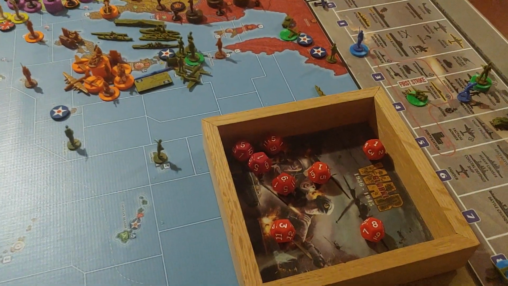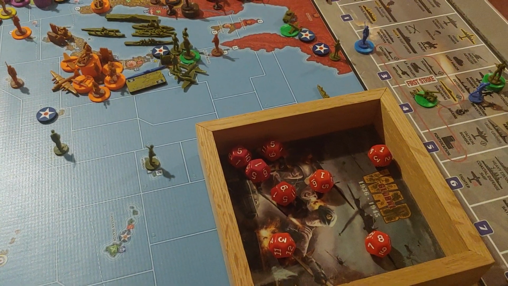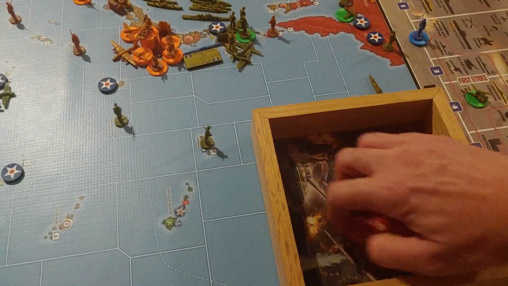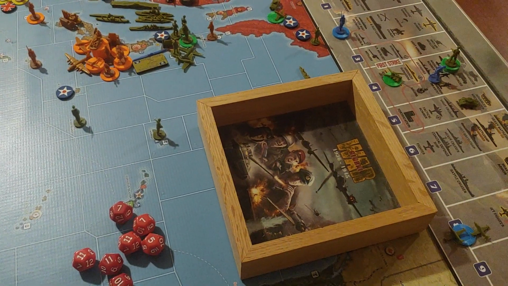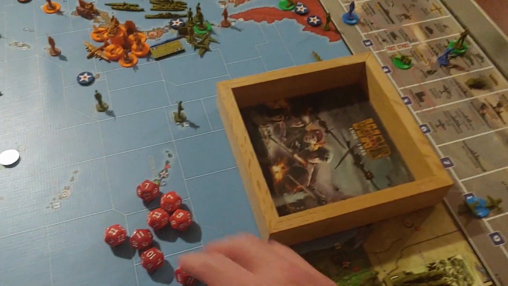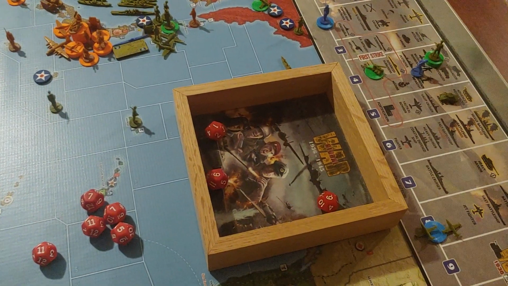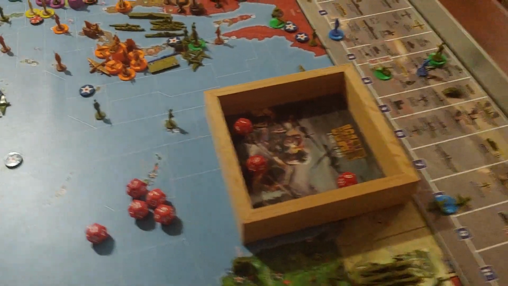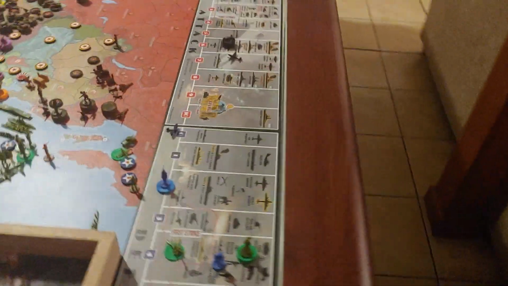So let's just double check. We got 3 1s, a 3, 2 5s, a 6, and an 8. So, yep, we got 7 hits. So now we have our tactical, 7 or less, 1 through 3 is a target select. We've got to do his fighters first. So he gets 3 jet fighters in return, so 3 8s. And he got a 6, a 1, and a 9. So he got 2 hits. So I have to take 2 air units, and I'm going to go ahead and take